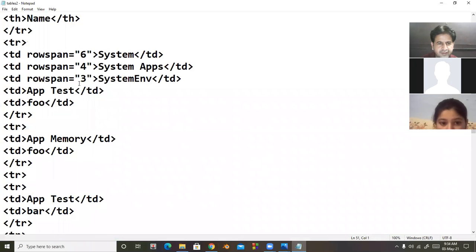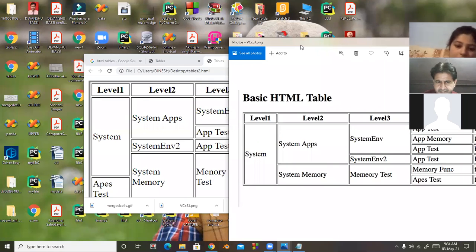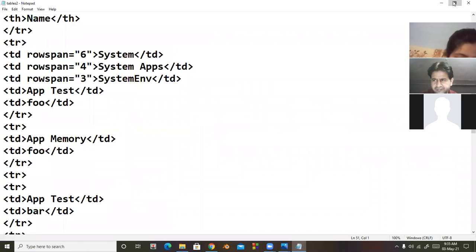Row spanning is 3. First 1, 2, 3, 4, 5, 6. I'm just checking my merging. There is a problem in merging.